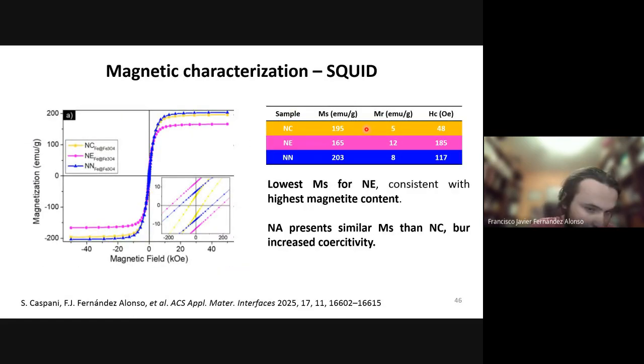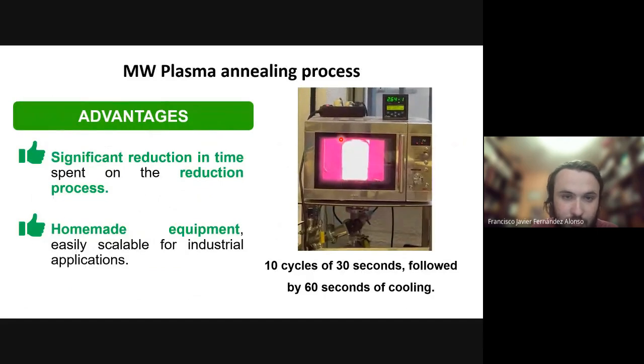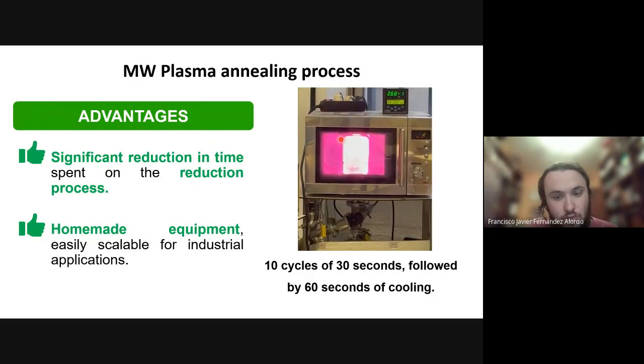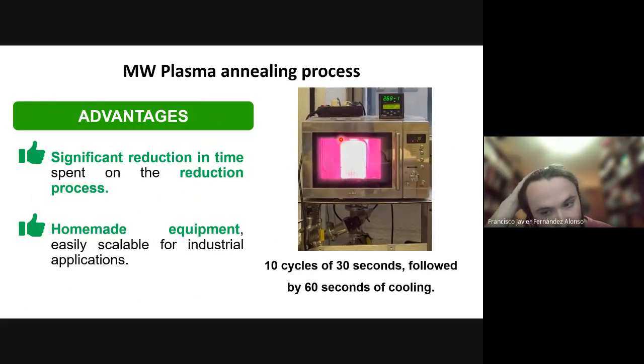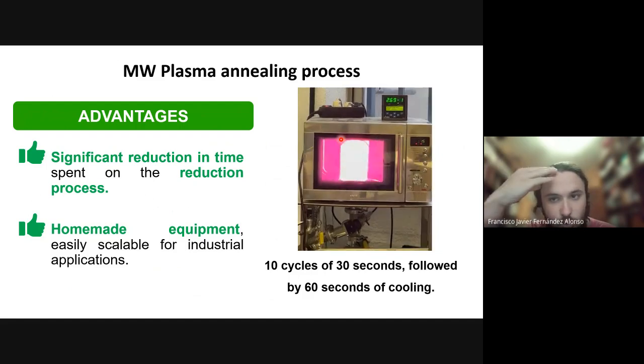And also, we perform some magnetic characterization, and we see how the magnetization results are close to 200 emu per gram. Again, we obtain a bit lower saturation magnetization for the nanoellipsoids, which is consistent with the lower concentration of iron in the nanoparticles. So as an alternative to this thermal annealing, we also tried to apply the microwave plasma